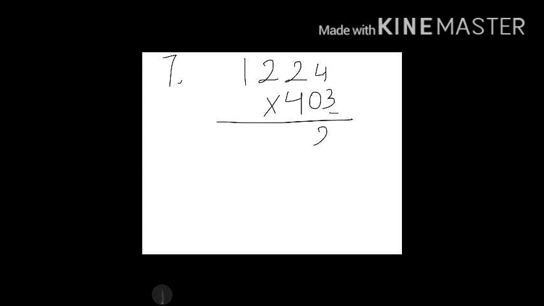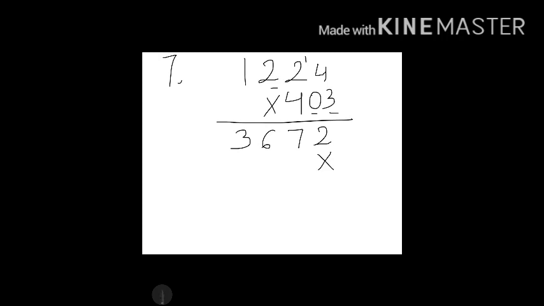3 4s are 12. So 2 I will write here and 1 will be the carryover. 3 2s are 6 and 1, 7. 3 2s are 6. So I will write here 6 and then 3 1s are 3. This way I got the first line. Now I will multiply with the second digit. Now when we multiply with the second digit, first thing we have to do, because this is a tens place, so I have to put 1 zero for 1. Either I will put 1 zero or a cross here. Then I will multiply.